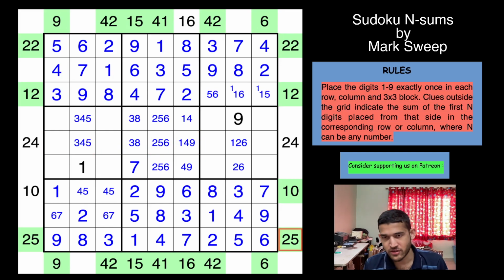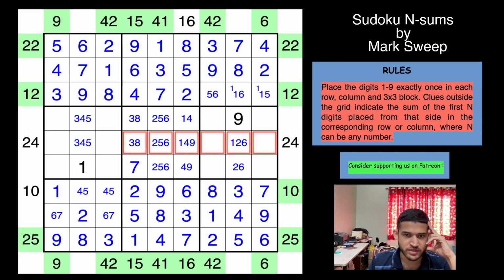Just like this 25 clue, 24 has to be minimum 3 cells long and maximum 6 cells long. It cannot be going to 7 cells, because then these 2 cells must sum up to 21, and that breaks the Sudoku. And in this case, we have seen that this 24 is at least 4 cells long,